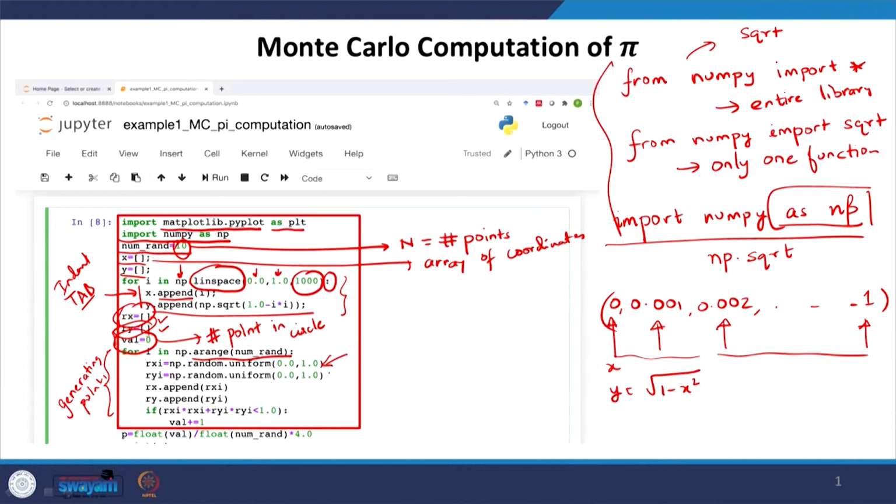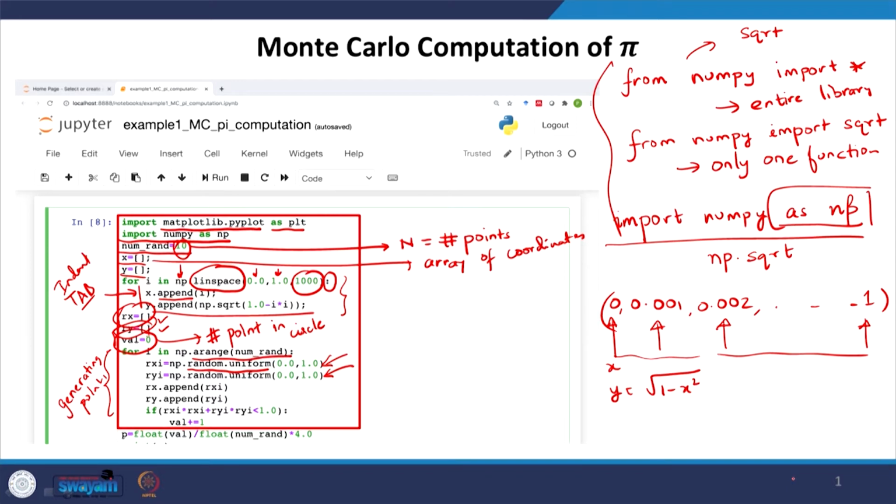Now, once I have done that, then I want to uniformly generate points randomly, uniform distribution, but randomly between 0 to 1, and that has been done by the random dot uniform function in the NumPy library that I am calling as NP.